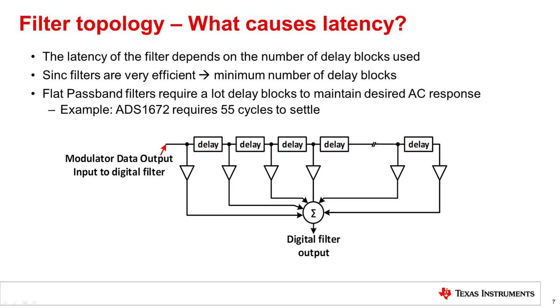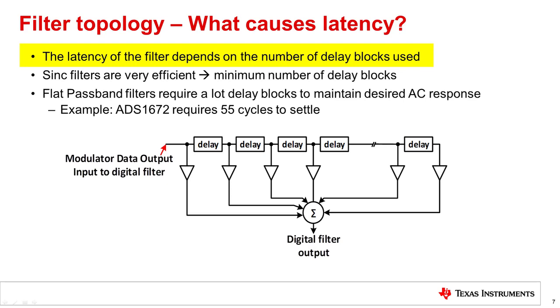So what causes filter latency? This diagram shows a typical implementation for an FIR filter. All of the filters discussed today are generally implemented using this topology. The objective here is not to become digital filter experts, but rather to provide some insight into what causes delay in a filter. The digital filter consists of three elements: delay elements, multiplier blocks, and summing blocks. The overall filter latency is related to the delay elements. The data propagates through the delay elements one conversion cycle at a time.